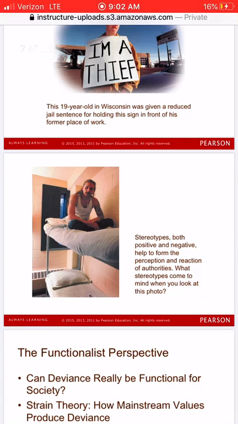This particular slide, I do want to pinpoint, we look at these stereotypes, both positive and negative. And a lot of times we have certain perceptions and reactions that begin to occur. When you see this image, what sort of comes to your mind? Where do you think this person is? What do you think this person did? So I think that's important for us to remember and sort of pull this back to that concept of stereotypes that we had talked about before, and how powerful those stereotypes are when we look at labeling people